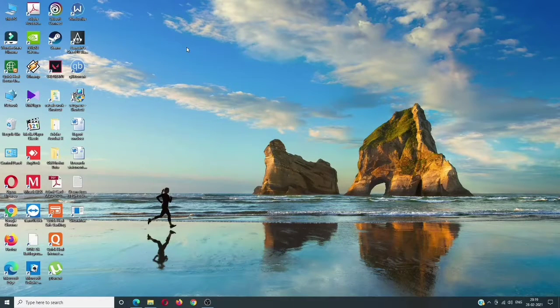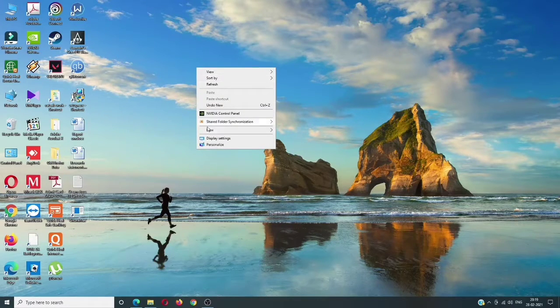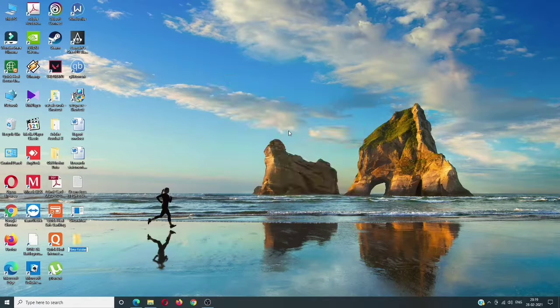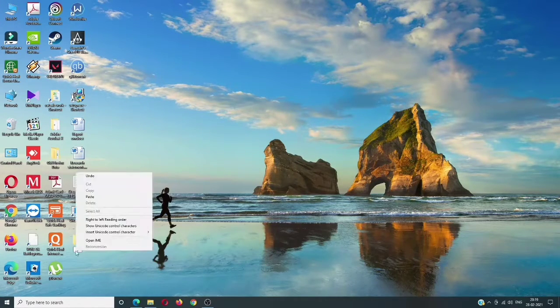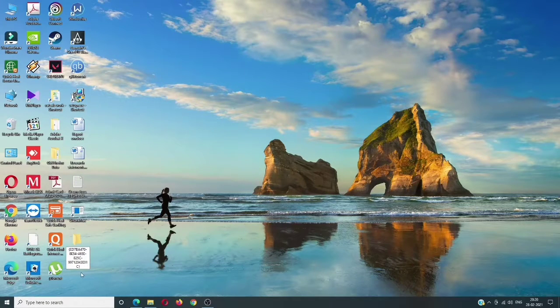So the next one is called God mode. Here you can get every customization tweak you need to do in Windows 10, every major customization. So how to do this, you have to right click on the desktop. Yeah, so right click on the desktop, click on new, and you have to make a new folder. Name it this, exactly this. I will paste it in the description, copy from there and name it exactly like it.